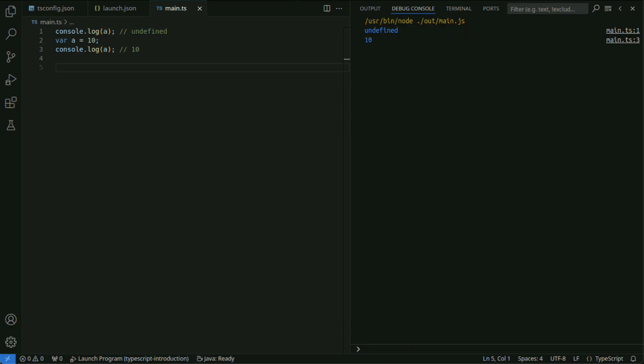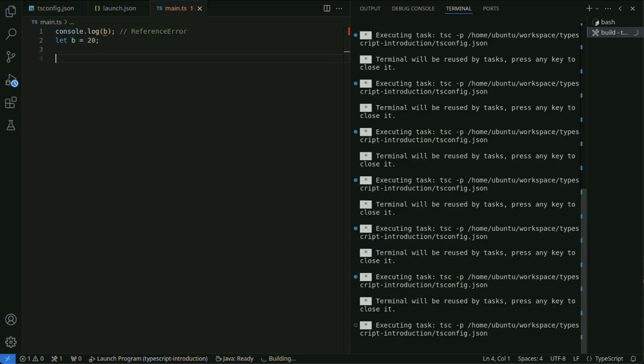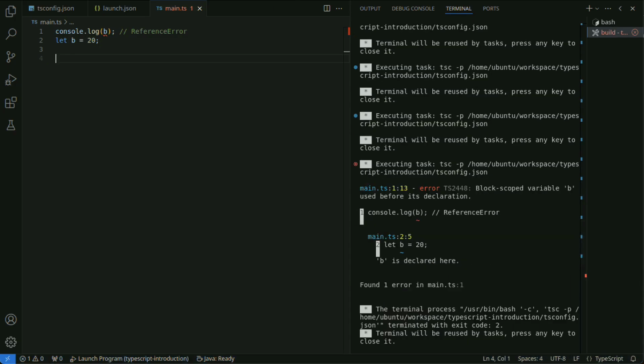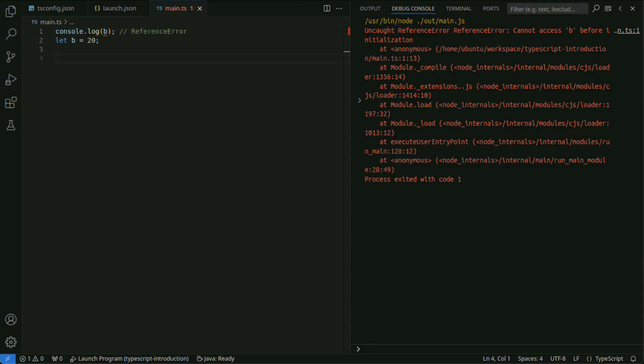In this case, variables declared with var are hoisted, and their values are output. Variables declared with let are not hoisted, resulting in an error.